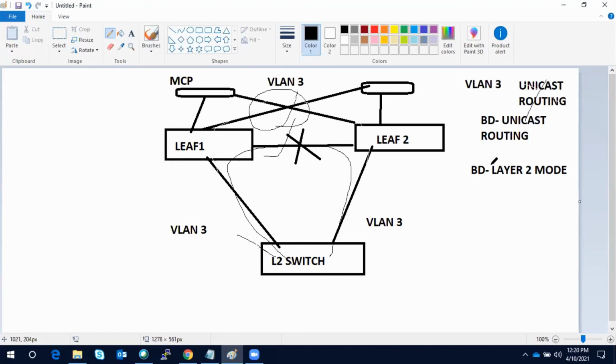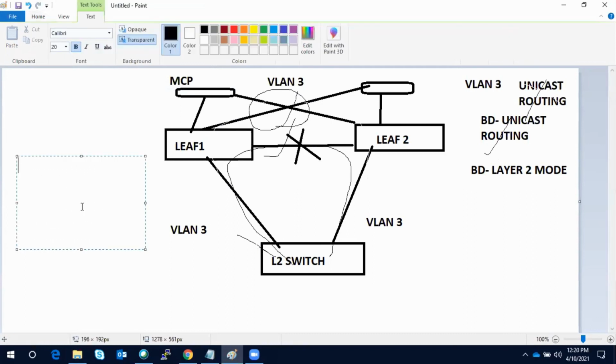So for that, there is one setting in the BD that you need to enable during the configuration. That's why in ACI, this is a bit advanced. Today's class is just introductory, but it's okay, you ask, no problem. So for the BD configuration in layer 3 as well as the bridge domain configuration in layer 2, you need to tweak certain configurations that I will cover.